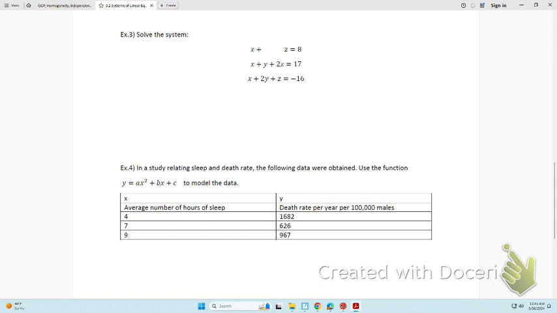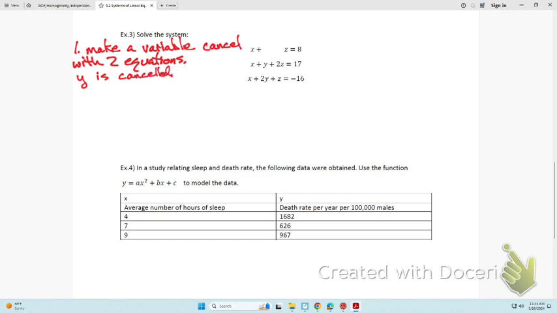You see this gap right here? That means step number 1 is done. So this step right here, make a variable cancel with 2 equations. The way they already printed it, it's like that decision was already made for us. Y is canceled. That means when we do step 2,